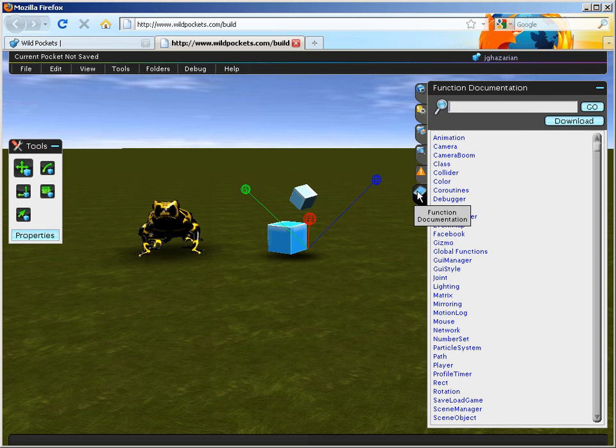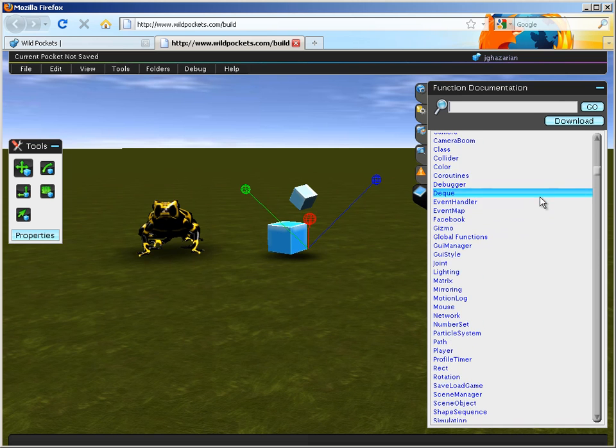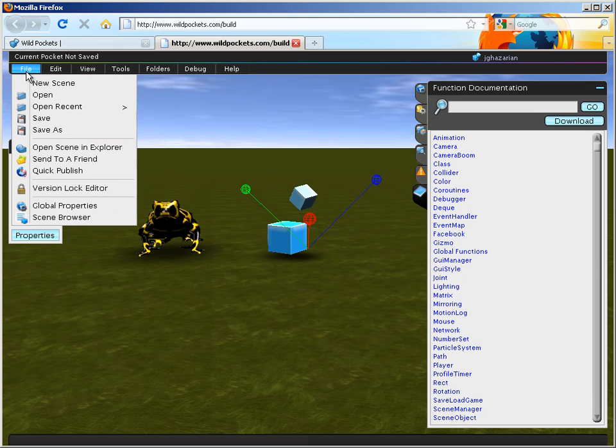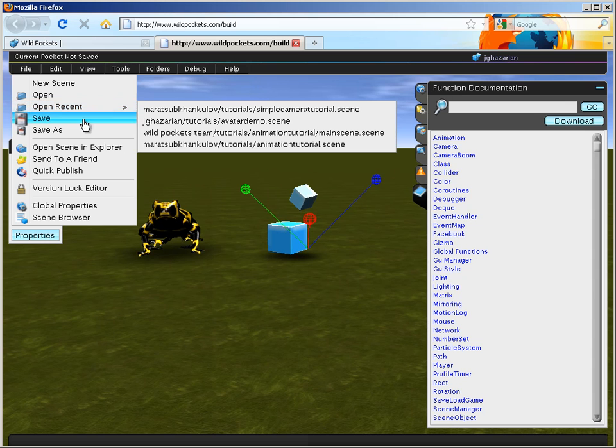Now, the final tab here is the function documentation. This allows you to search the entire API so that anything that you would put in the debug console or your normal scripting will be located here. The last part of the system is the file bar up top. This allows you to do simple functions such as opening scene files, saving your current scene, publishing, and viewing more